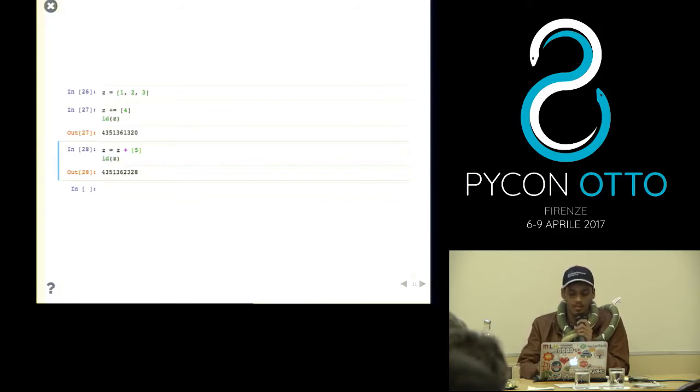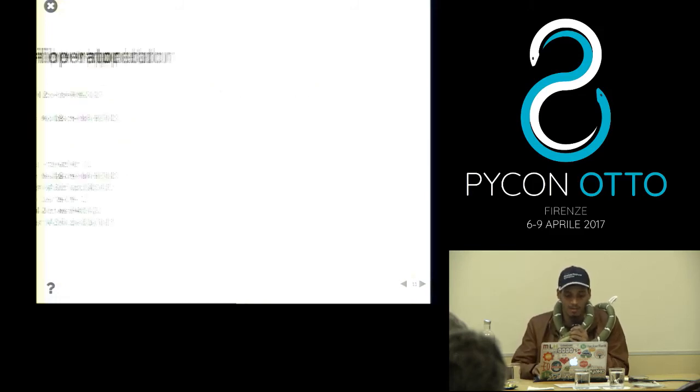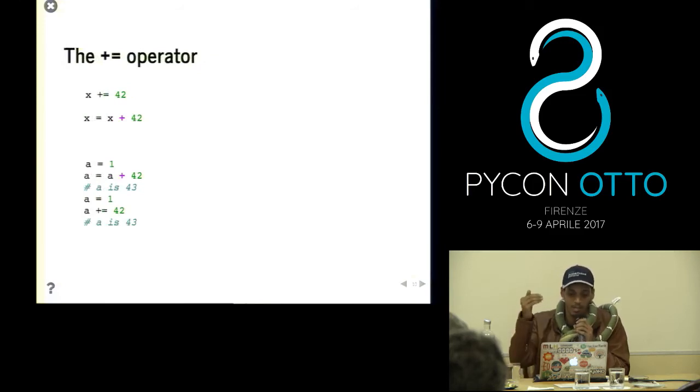So now the idea is different. In Python, what actually happens is, when you use the syntactic sugar method, you think that it's going to reference the same object, but no. The second one, which says z equals z plus 5, is basically saying that I have another z, which takes the z, adds the 5, and returns a new object z. So here the ID changes, and it happens every single time, no matter, in the previous example as well. Here as well, if you try to print the ID of the A every single time, it's going to be different.